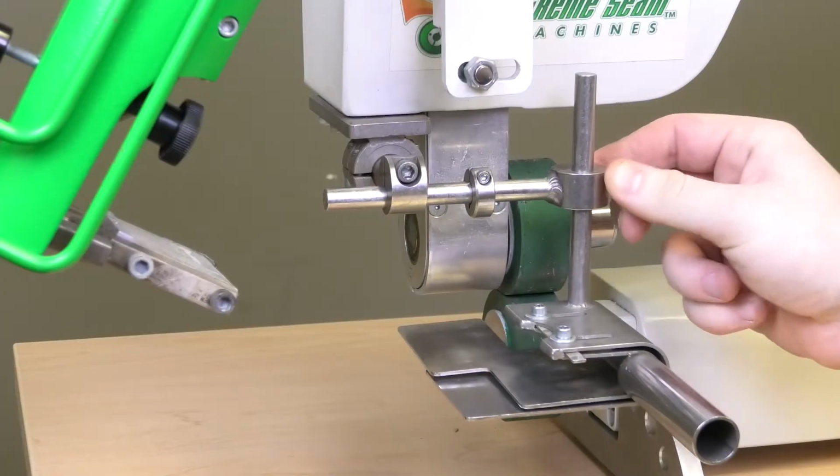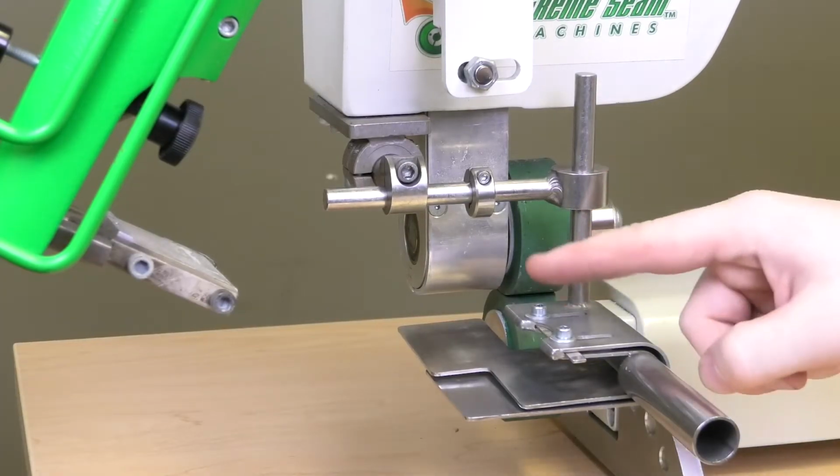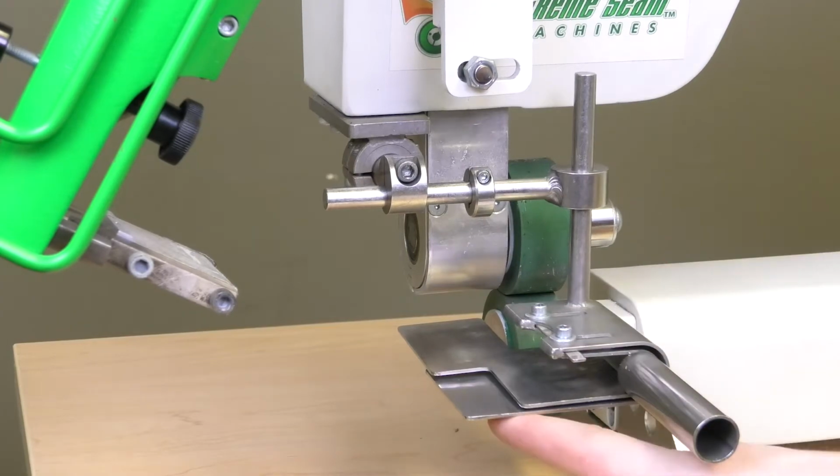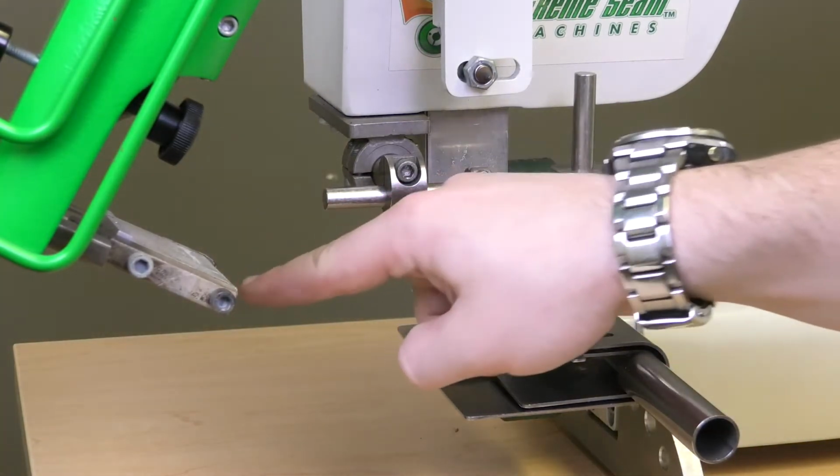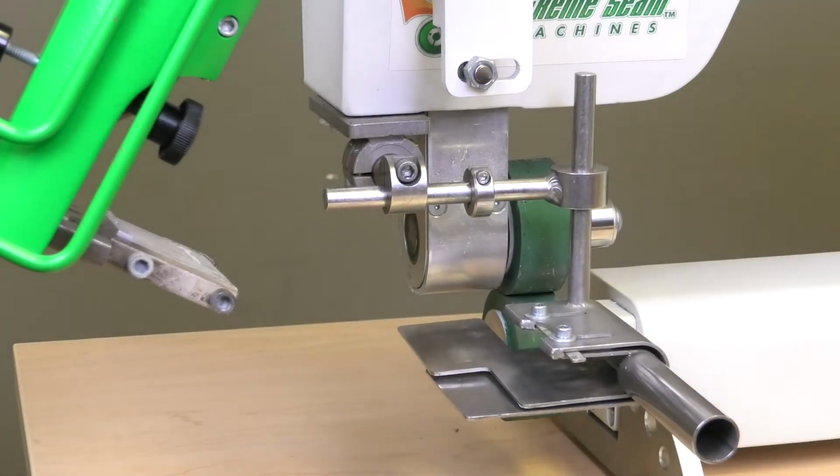Now that we have our guide partially adjusted, not making contact with the top or bottom of the guide, we still have a little bit of a gap between the edge of the wedge and the guide, about 1/4 inch. What that will do is leave a 1/4 inch pocket on your hem. There will be a little bubble throughout your seam,